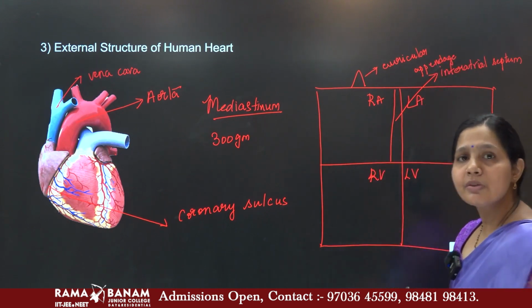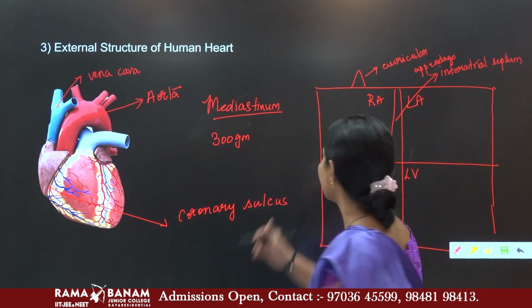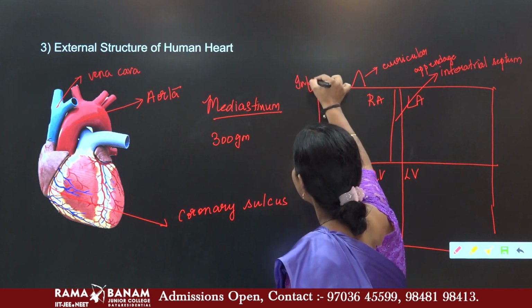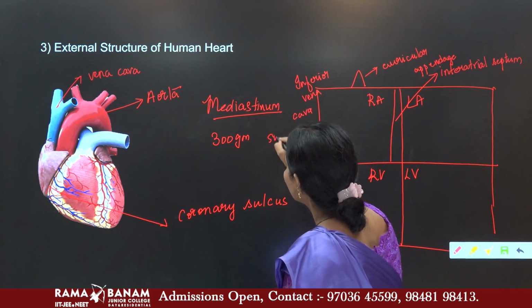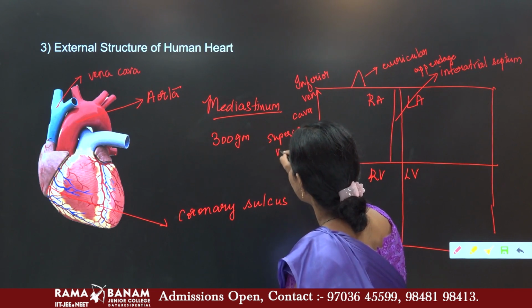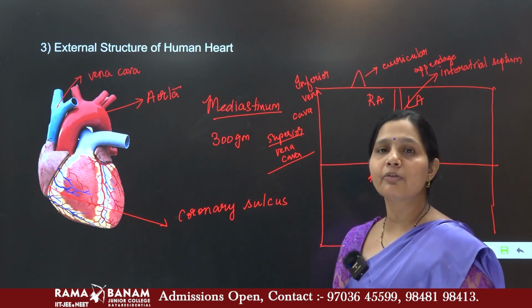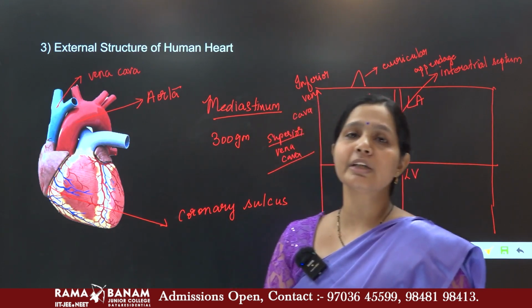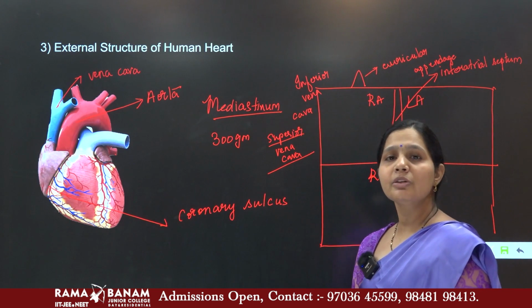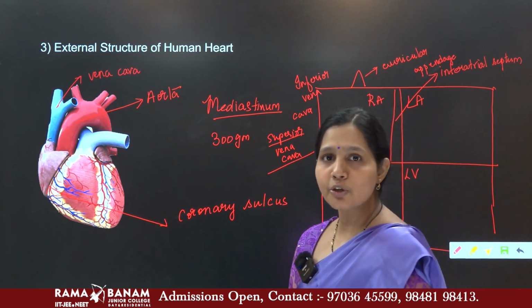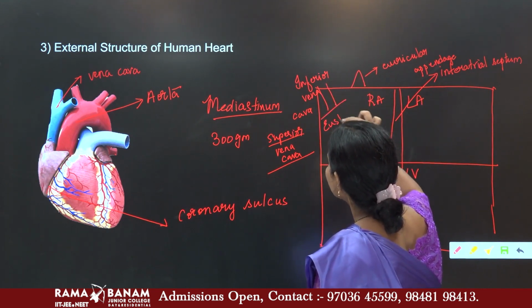Right, and it receives the deoxygenated blood from different parts of the body through different vena cavae, which are known as the inferior vena cava and superior vena cava. The superior vena cava brings deoxygenated blood from the upper parts of the body, so it does not need a valve to control it, whereas the inferior vena cava brings deoxygenated blood from the lower parts of the body, which is guarded by a valve or a sphincter which is known as the Eustachian valve,